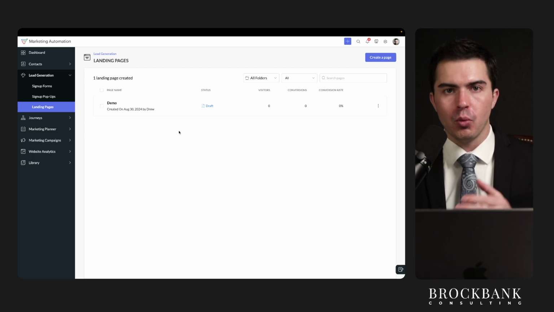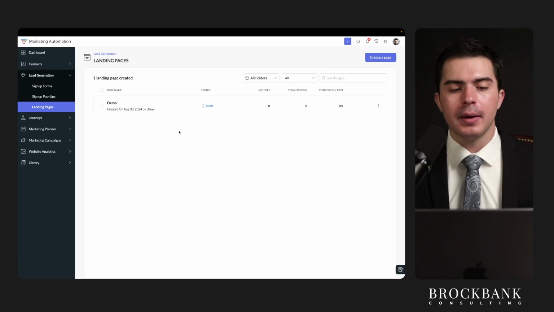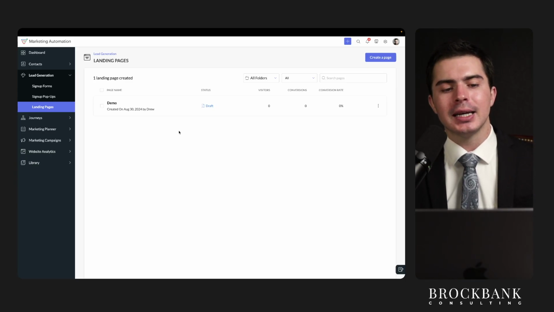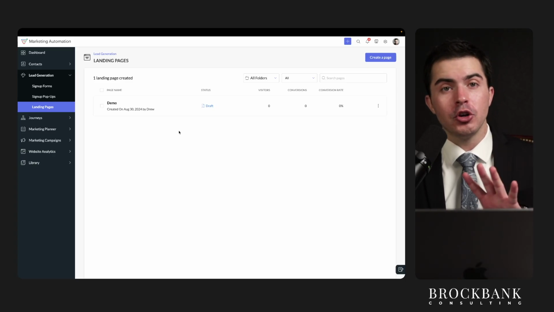content management system. WordPress is the biggest CMS out there, and we're actually moving over from WordPress right now to another platform. Wix is another big one. Webflow, there's a bunch of them. So usually when you want to create a landing page, you have to go through those, and it can take a lot of time. What's nice about Zoho Marketing Automation, and here's another thing, if you're at a big organization,